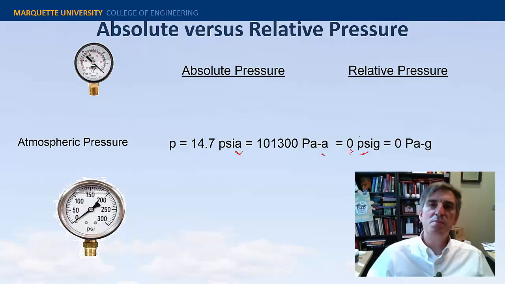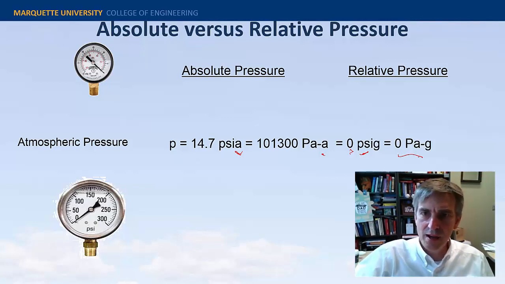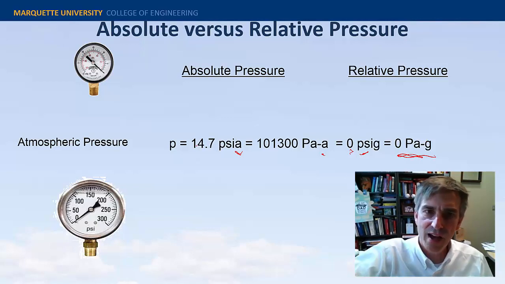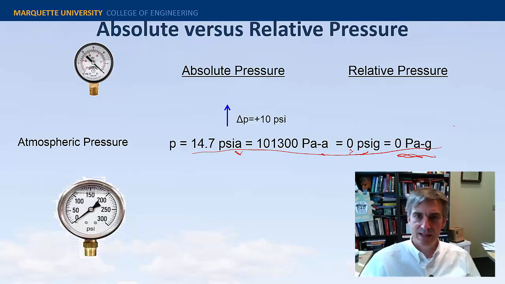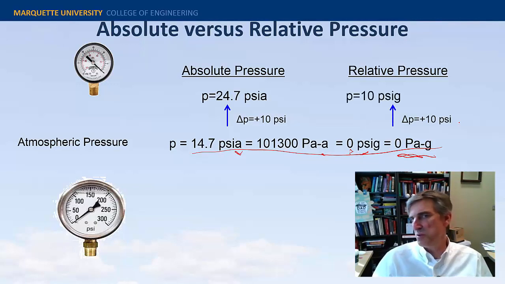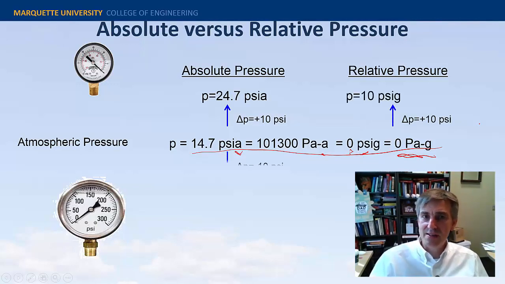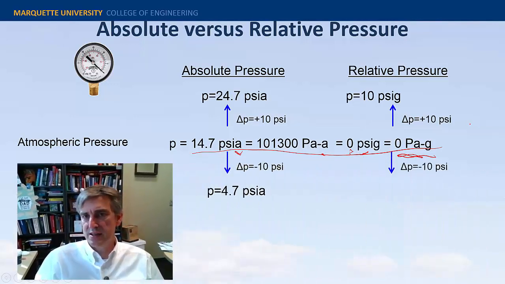0 psig would be to say that we're at atmospheric pressure. 0 pascals gauge means the same thing. So in fact, all of these measures are telling us the same thing. If I were to increase the pressure by 10 psi, then the absolute pressure would be 14.7 psia, and the relative pressure would be 10 psig. If I decrease the pressure by 10 psi, then the absolute pressure would be 4.7, and the relative pressure would